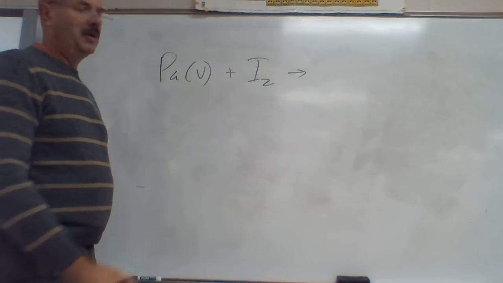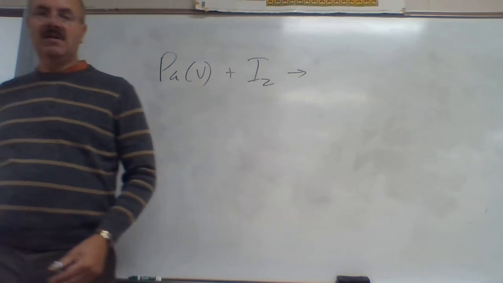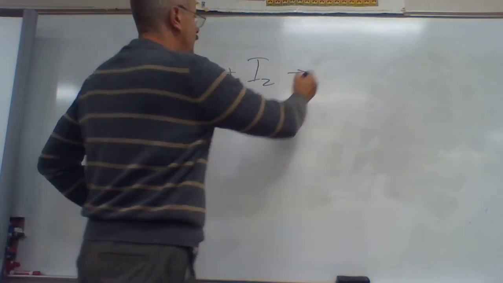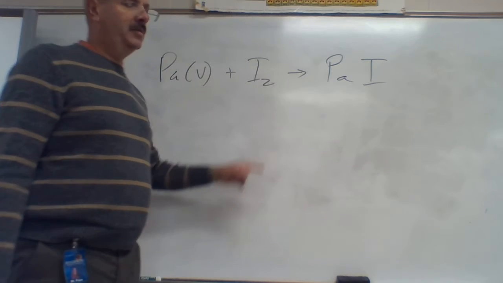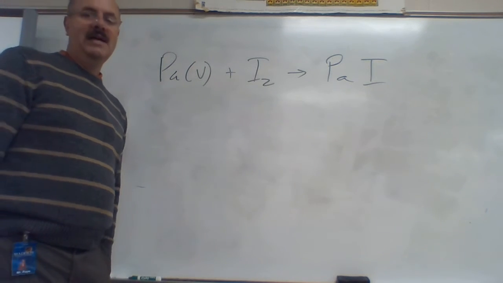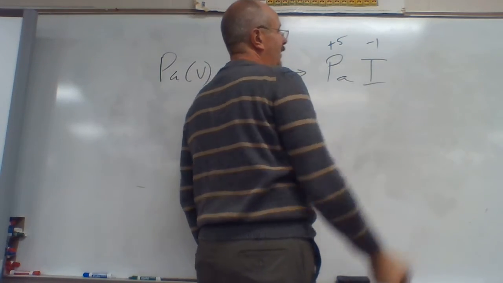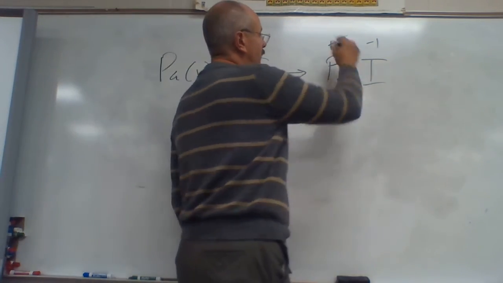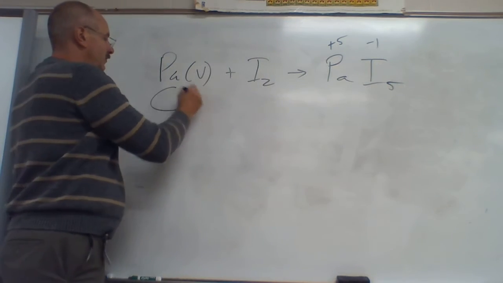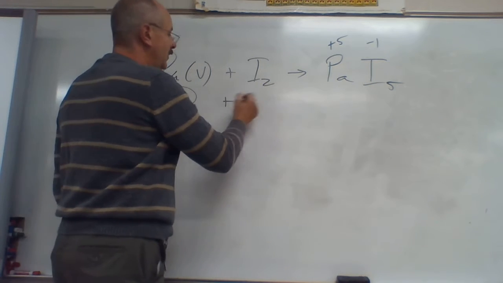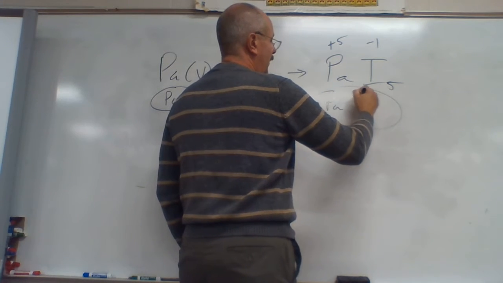All right, Pa, and then we have Roman numeral 5. Again, that means it's a +5, not that there are 5 of them. So bring the 2 symbols across. We've got Pa and I. Don't bring the 2 across. That 2's there because iodine is diatomic. Now we do our charges. It said Pa was +5. Iodine is -1. Crisscross those, so we get 5 there and 1 there. Then we have to balance this. There's 1 Pa, not 5 of them, plus 2 I's, and that equals a Pa